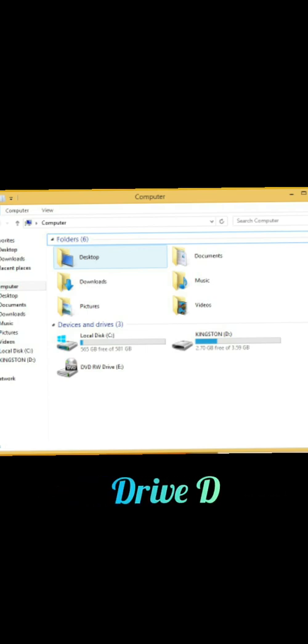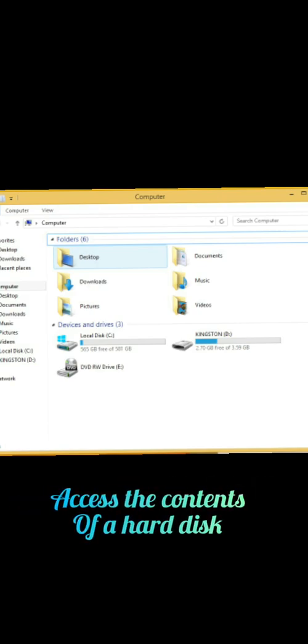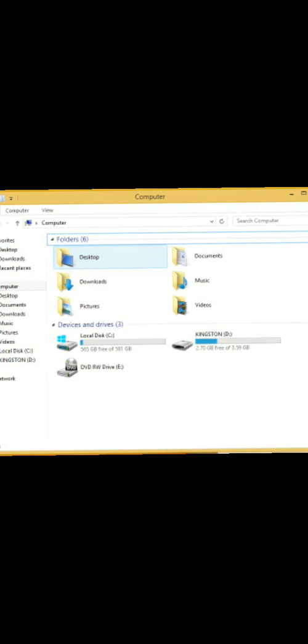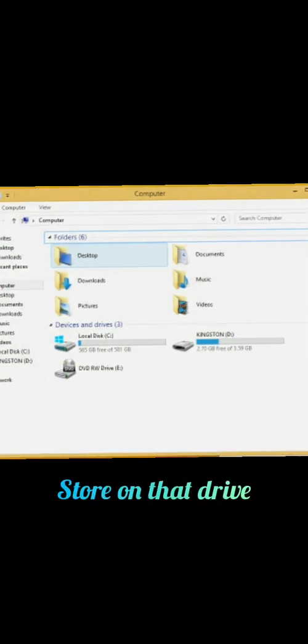Then drive D. It is used to access the contents of a hard disk. And drive E. It allows you to access the contents of a CD. To view the contents of the hard disk or any other drive, you need to double click the icon. It displays the various files and folders stored on that drive.